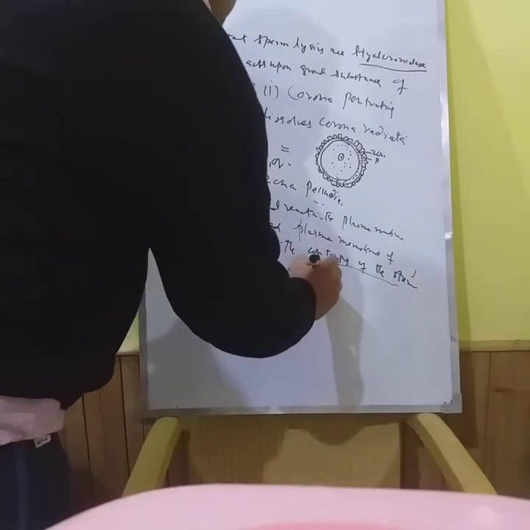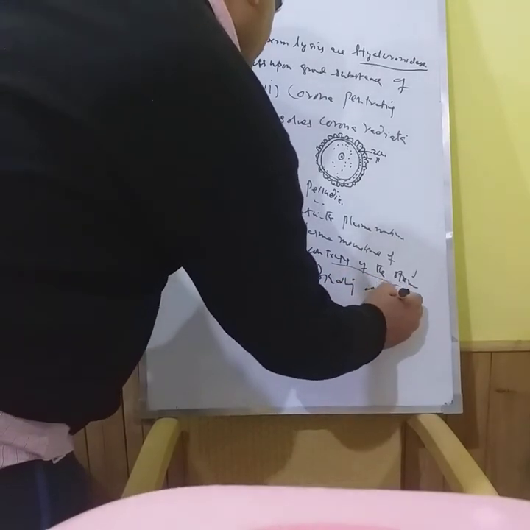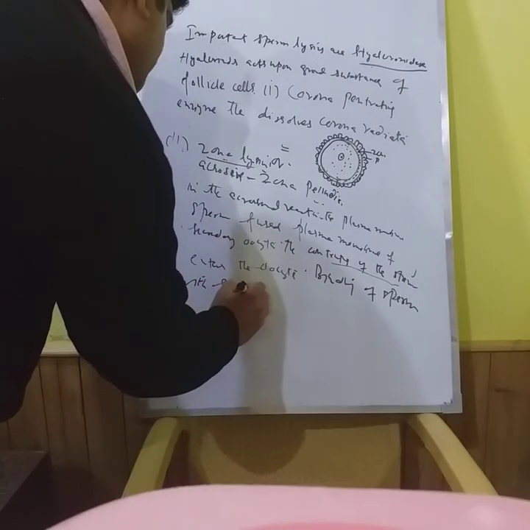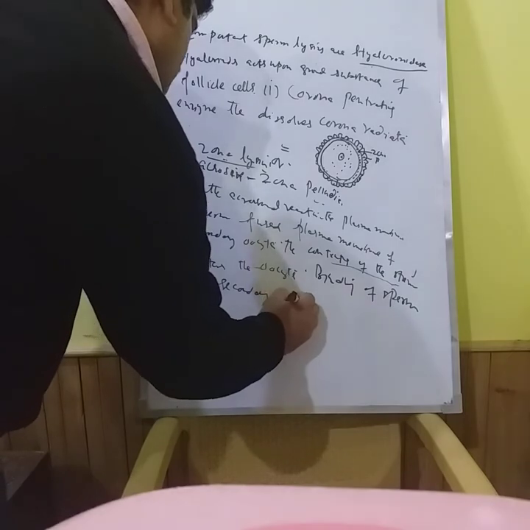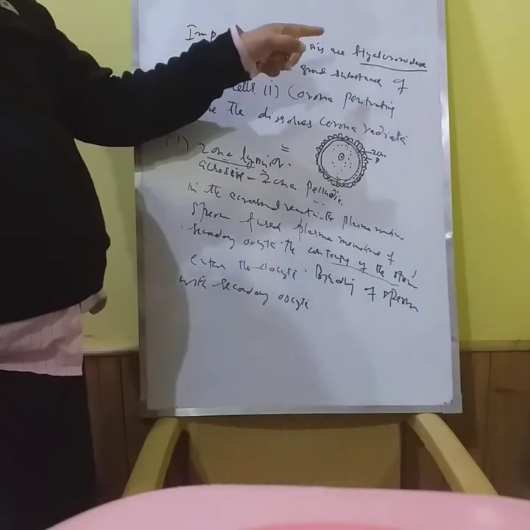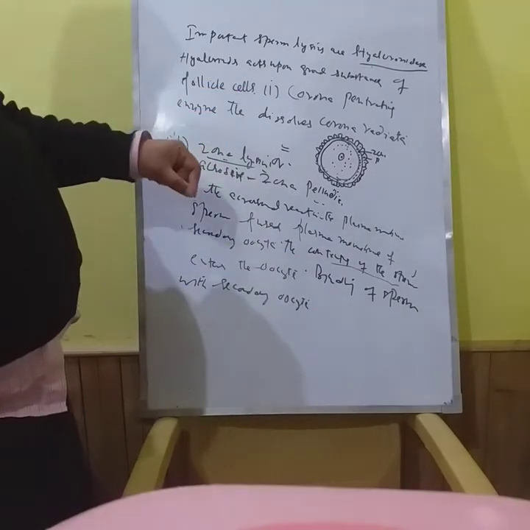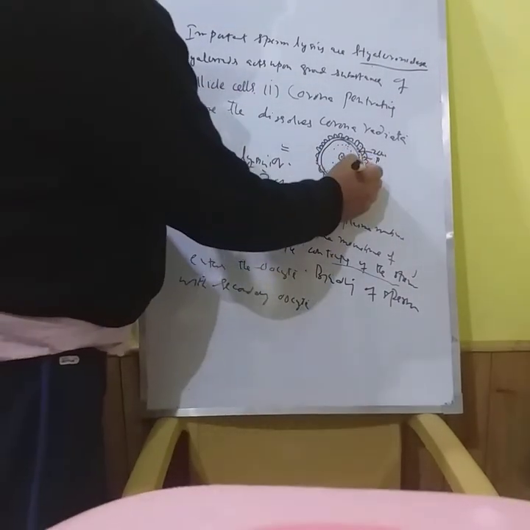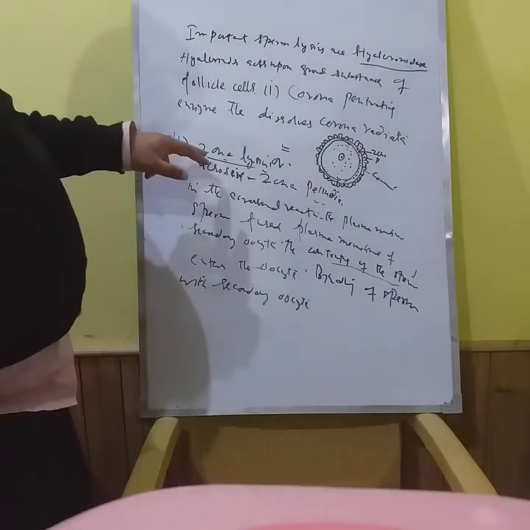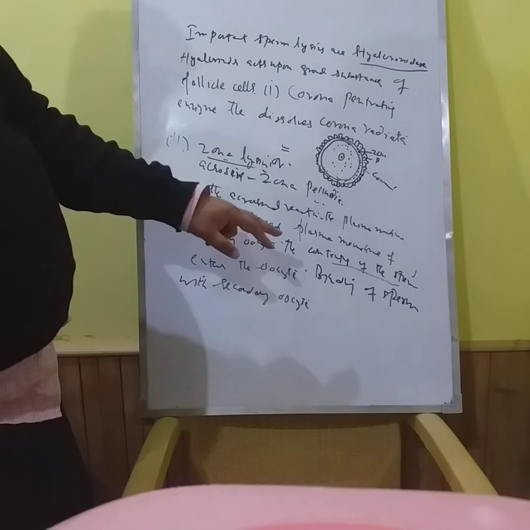Here we say there is the binding of sperm with the secondary oocyte. We should remember that first the hyaluronidase enzyme digests the corona radiata. After that, the zona pellucida is dissolved by zonalysin or acrosin, and here occurs the binding of the sperm